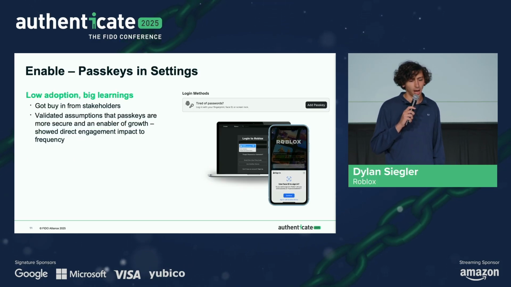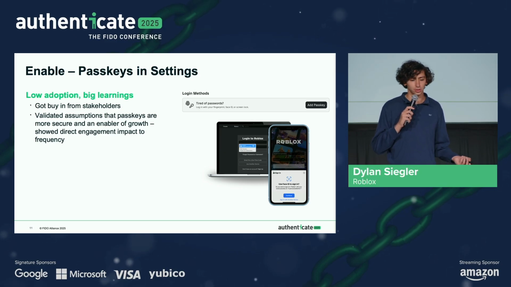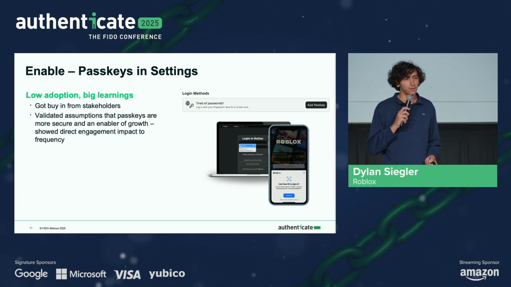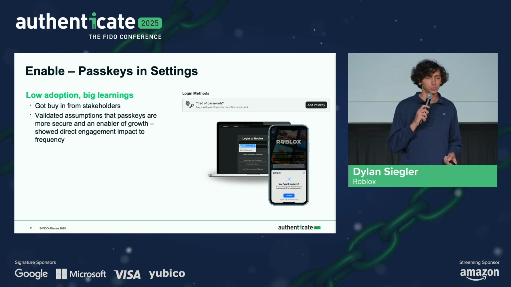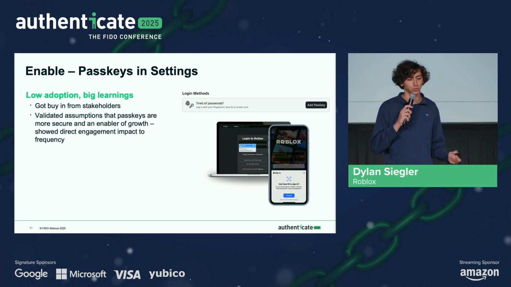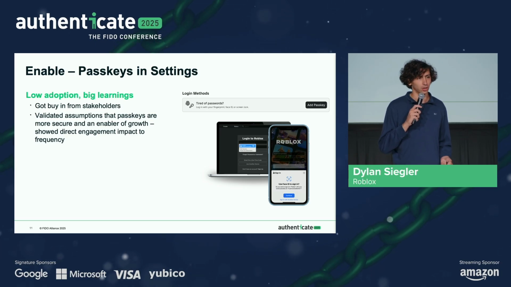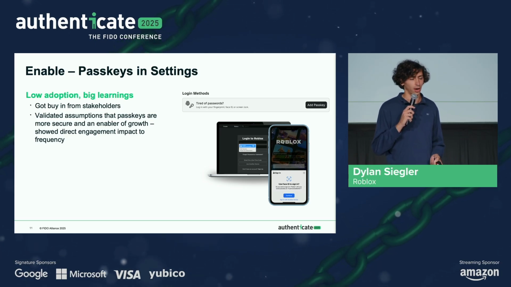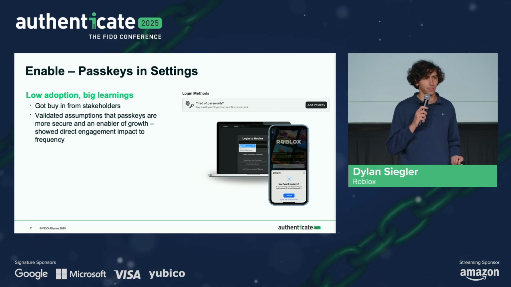So we started by adding passkeys in settings for existing users. But why did we choose this surface first? We felt it was relatively low risk, both because of the low volume in settings, but as well because all of these users would still have a password to fall back on. However, the A/B tests that we ran here were really meaningful for understanding data. So things like when and how often do users log in with passkeys, but also understanding the business impact.